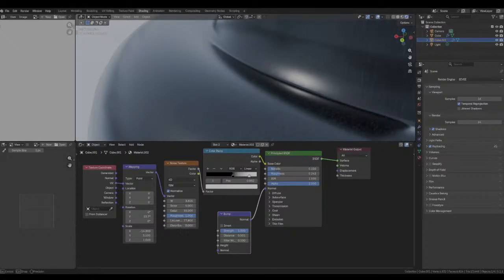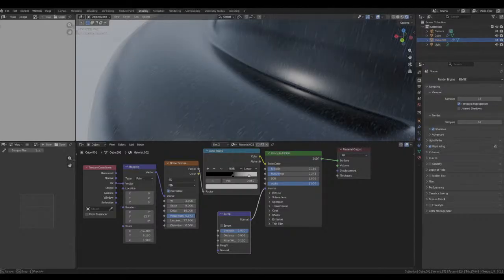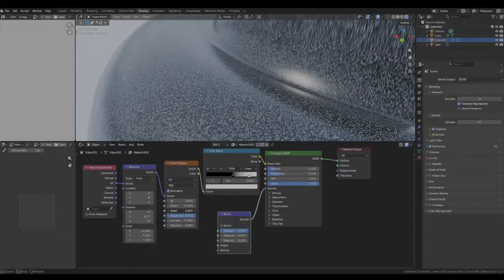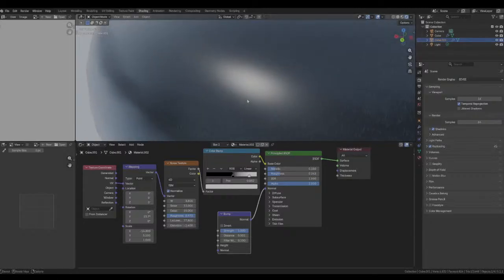Now I can kind of see that. I just want it to be like kind of, like as if it's like scratches or something is what I'm kind of going for.